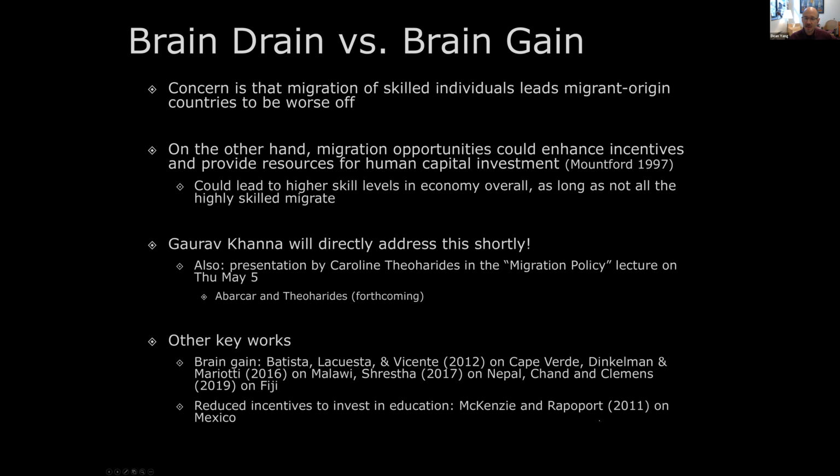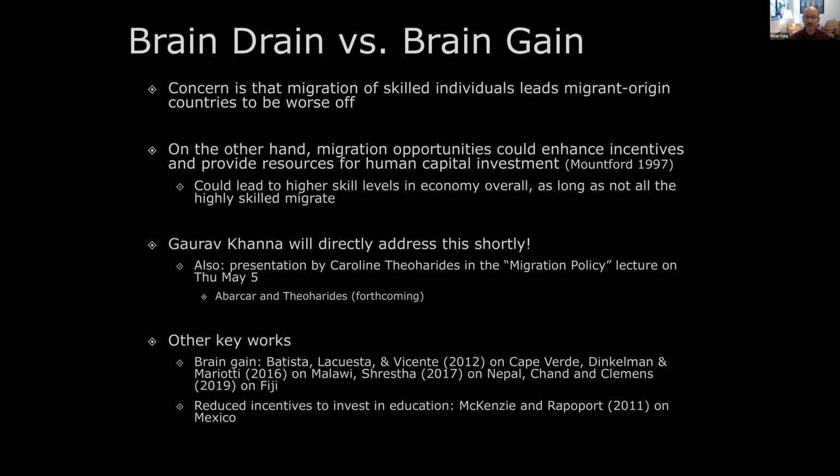The only paper that I know of that documents something that looks like brain drain is a paper by David McKenzie and Hillel Rapoport that shows that in Mexican areas that gain more migration access actually seem to have less incentive to invest in education. And the explanation they put forward is that the migration opportunity that migrants and potential migrants are thinking about is low-skilled work in the United States. So when you open up migration opportunities for low-skilled work, you could actually reduce incentives to invest in education in home areas. So that's certainly a theoretical possibility, and this paper says that that's possibly a real thing in some contexts.